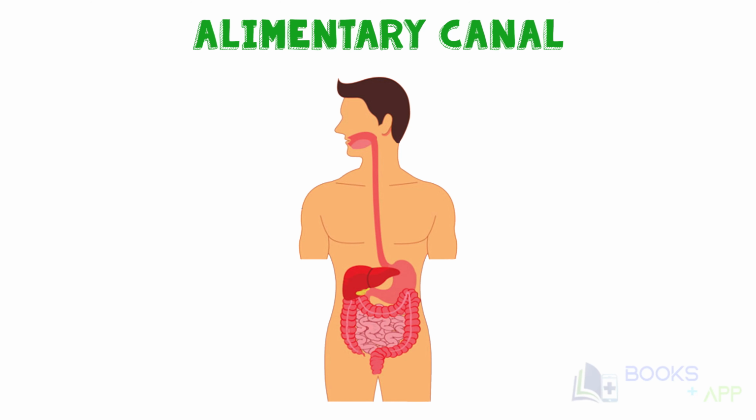Now let's talk about digestion in humans. We take in food through the mouth, later digest it and utilize it. The unabsorbed materials, which we call waste, are finally ejected out from our body, which we term as feces. The food passes through a tube-like structure, which we call the alimentary canal, starting from the mouth and ending in the anus. We may divide the alimentary canal, or the digestive system, into different main compartments like the buccal cavity, esophagus, stomach, small intestine, rectum and large intestine, finally ending in a small opening called